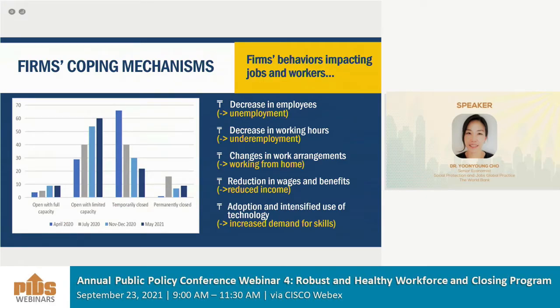Firms have reacted in terms of their operation, and that has major implications for the labor market. They have decreased employees, which created unemployment. They have decreased working hours because the operation was not at full capacity, which created underemployment. There were changes in work arrangements, and they allowed working-from-home arrangements. Reduction in wages and benefits created reduced income for the workers. But the good news is that they have adopted and intensified the use of technology, and that creates increased demand for